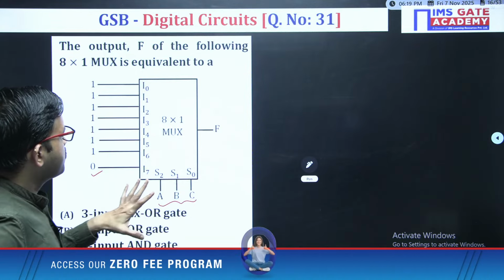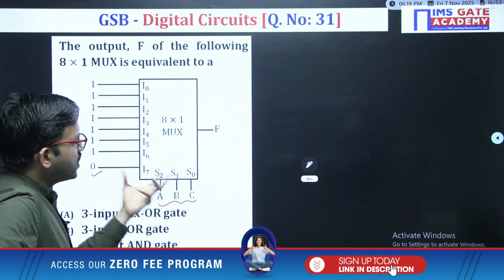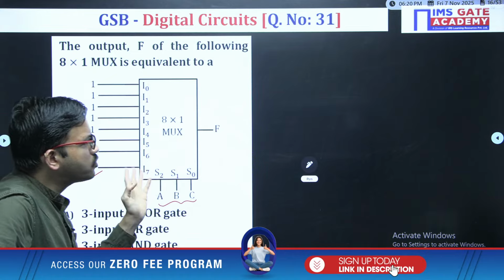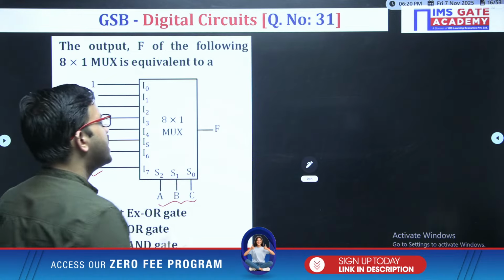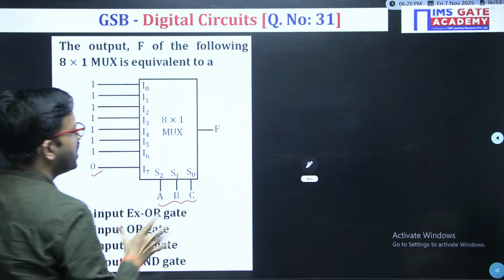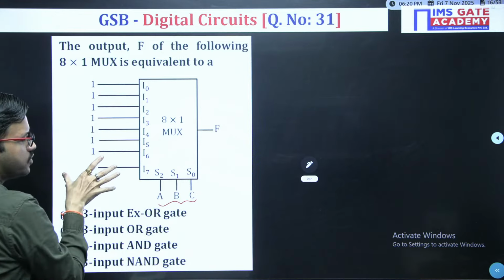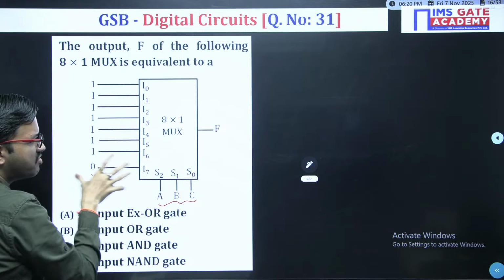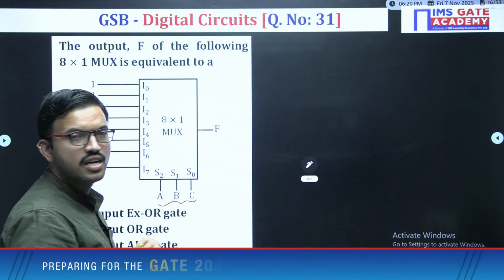Okay, and similarly, for this mux, you may have 2 varieties of questions. In one variety, they give the output expression and the selection, and ask for the input value. In the other variety, they give the input value and selection, and ask for the output expression. For solving these